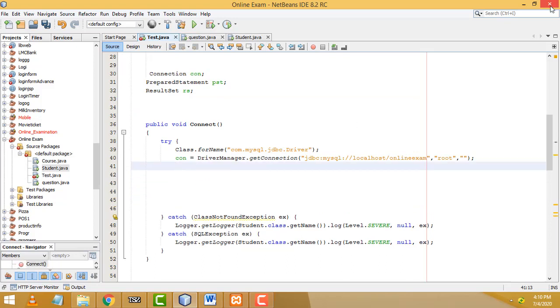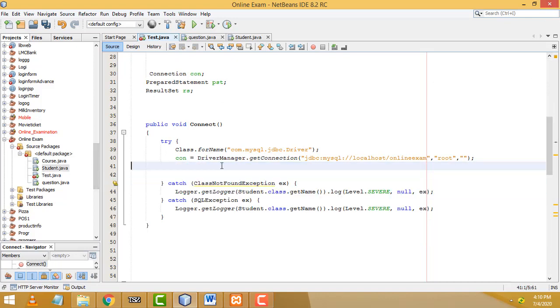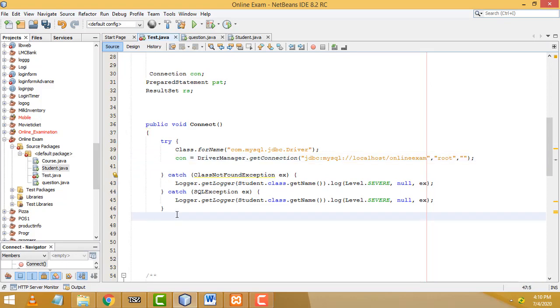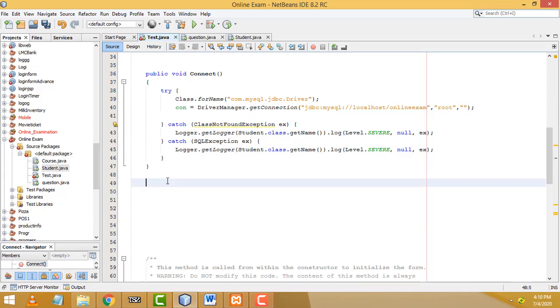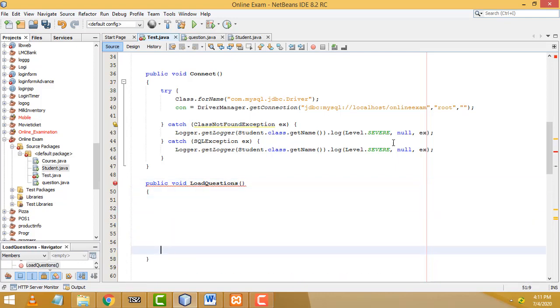After the connection is established, we have to load the questions. We have to create a separate method, public void loadQuestions method.